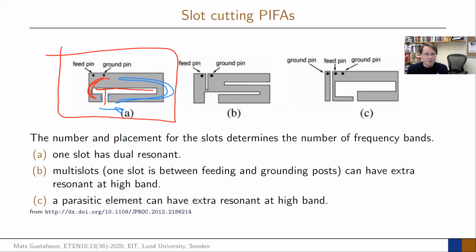And that can be some rules of thumb, you can test this, but in most cases you simulate it, you see what's happening, and you sweep some parameters for it. This of course then creates 2 resonances, and on phones today it's not sufficient, you need even more resonances. And then you can make more complicated ones. So for example, in the B case here, you can see that you have some length scale there, you have some length scale there, and you have another one going around here. So by then adding multi-slots, you can create more length scales in your small little PIFA structure here, which then